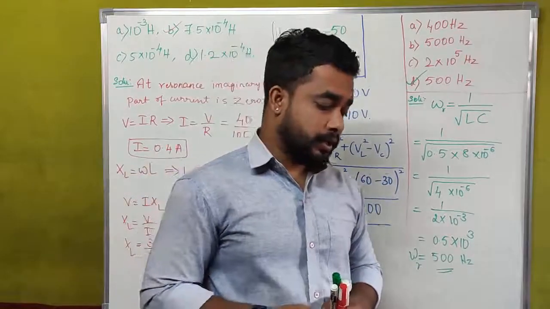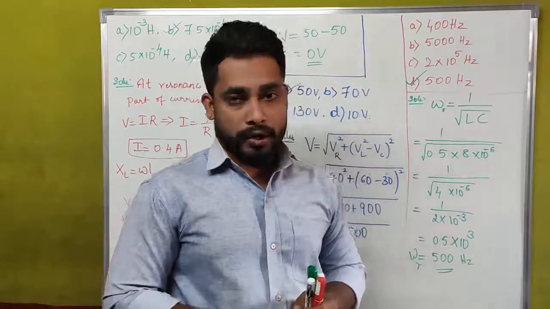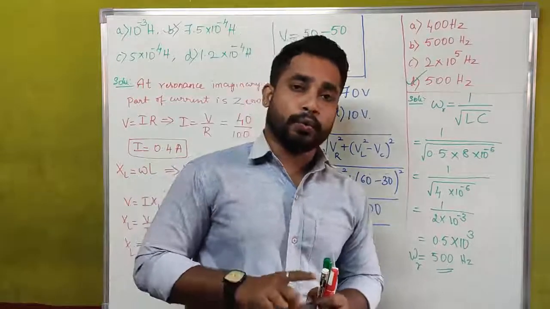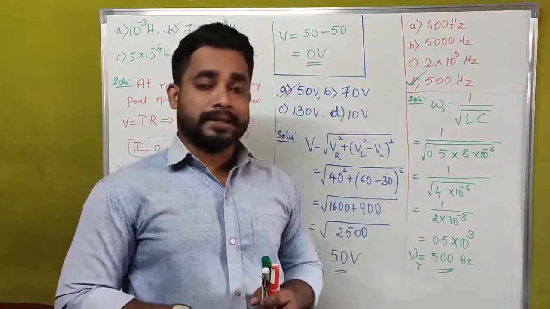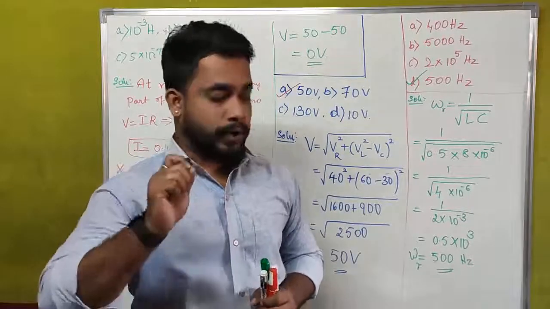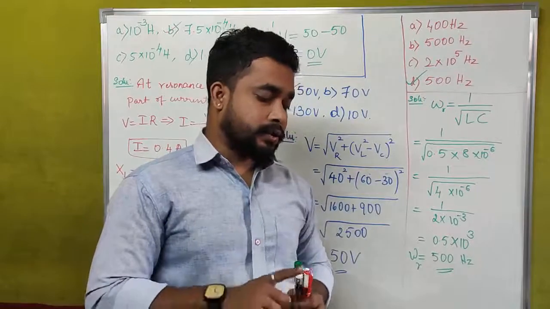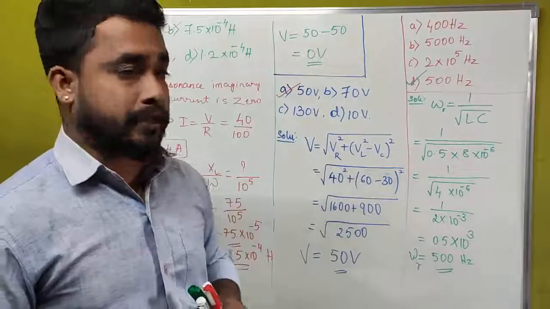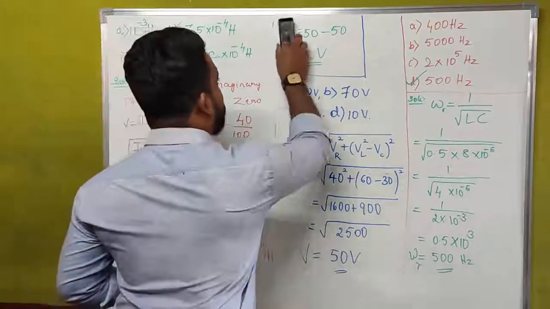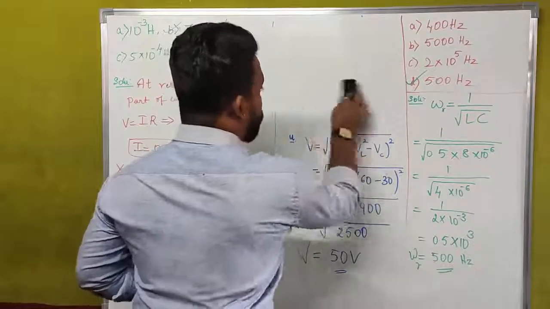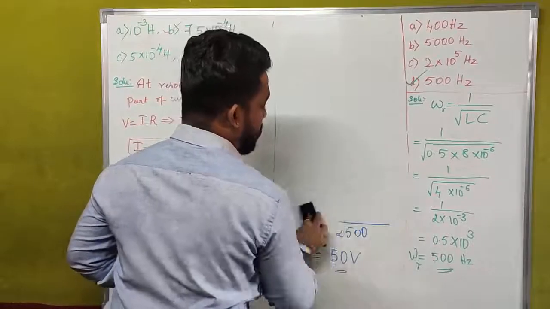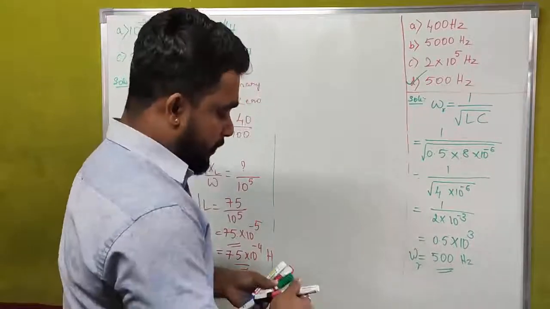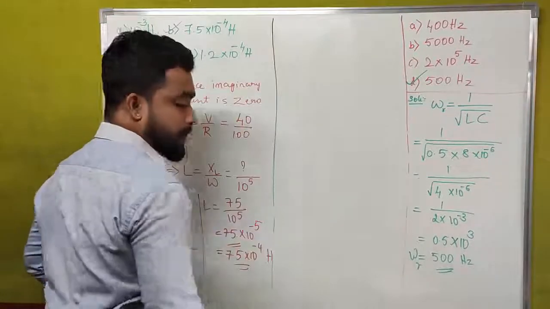Once again I am going to explain that. The reactance of the coil when used in an AC power supply of 220 volts 50 cycles per second is 50 ohms. The inductance of the coil is nearly. Here also we have to find out the value of inductance. What is the value of inductance in case of a 220 volts and 50 hertz frequency connected to 50 ohms resistance? Here what he has given is 50 ohms resistance.